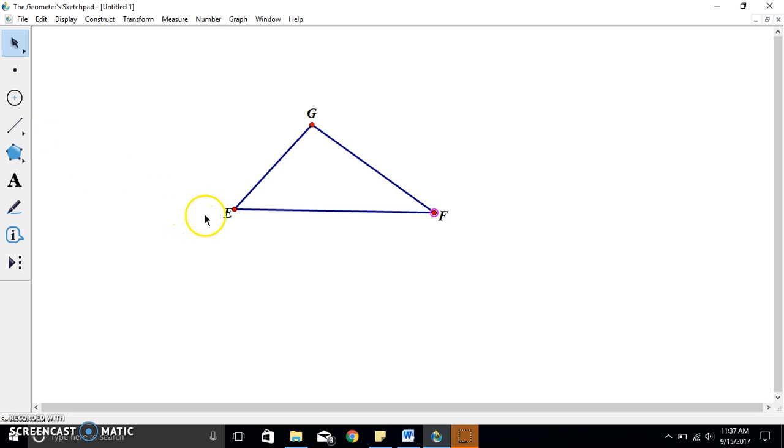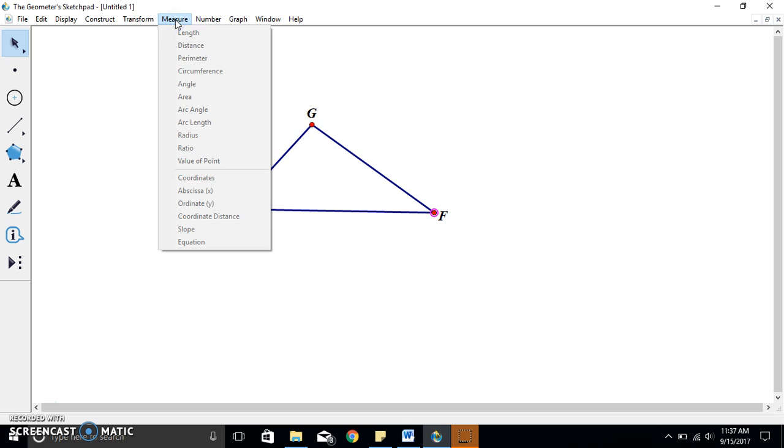Now I would like to measure the angle of point E. So one of the ways is clicking this marker tool, clicking on point E and just dragging it away from it, and it created an angle. So now the way to measure this is by clicking on this angle. It selected the angle, as you can see, and it says measure,